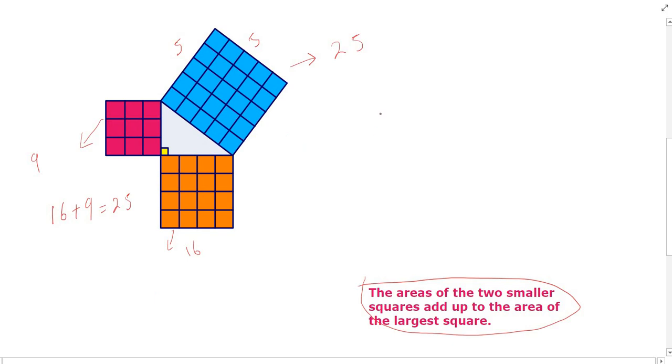So if you draw a triangle here, let's say this is 3 and this is 4. In the Pythagoras theorem, we try to find the unknown side. Let's say this is the unknown side, which is the longest side. How can you find this one? We can use this definition: the area of the two smaller squares add up to the area of the largest square. So it means it's going to be 3 squared plus 4 squared,